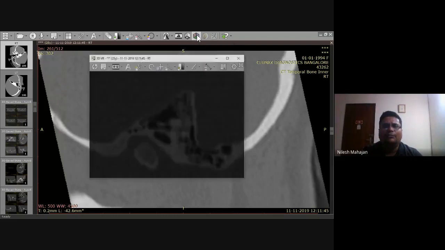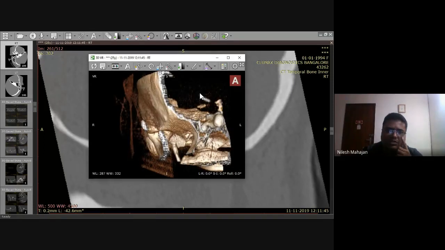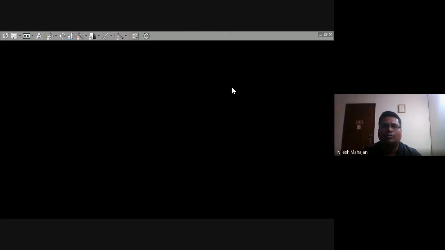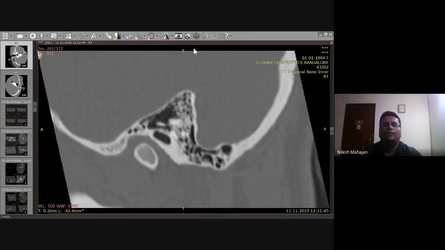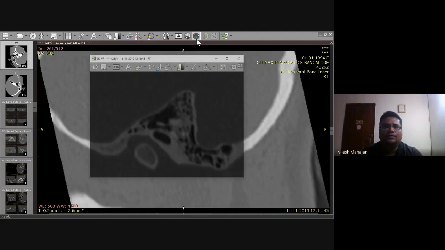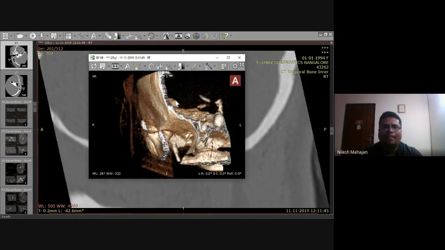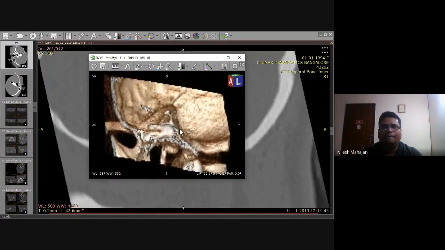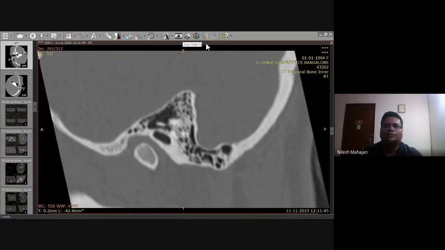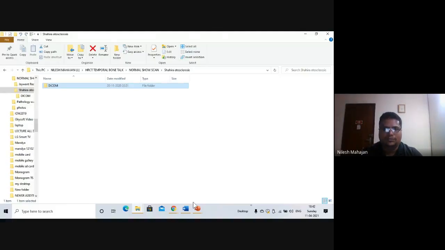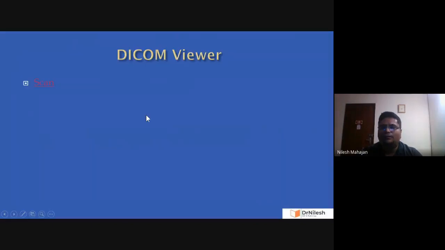And this 3D volume rendering is used in some of the head and neck surgeries. We don't use it much in otology. If you want to do 3D printing, you can use this technique of 3D volume rendering, like this, if you want to do some 3D printing or something. So these are the few functions of this Radiant DICOM viewer, and I told you how to use it because we are going to the basics of HRCT temporal bone. I thought I should cover this also.